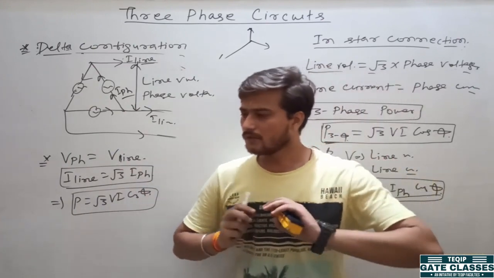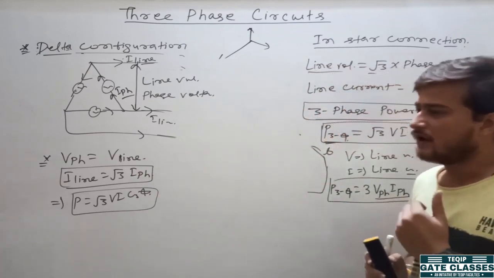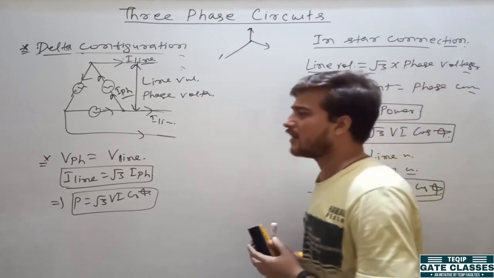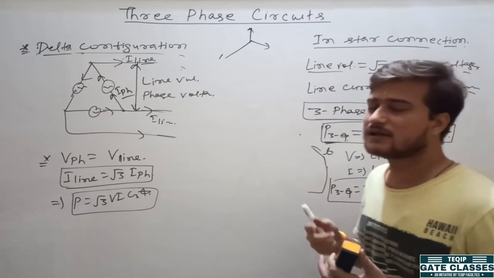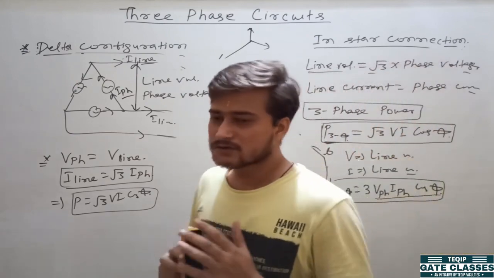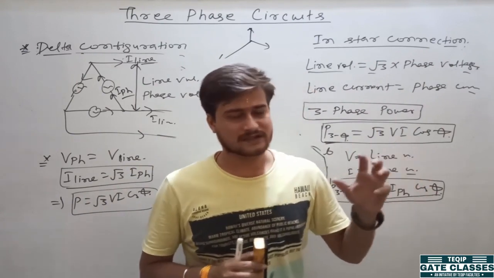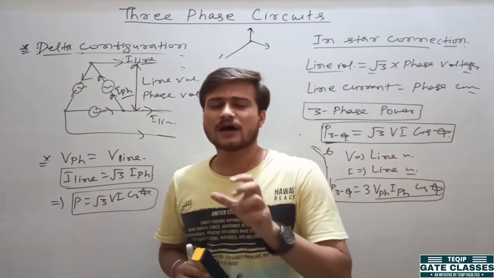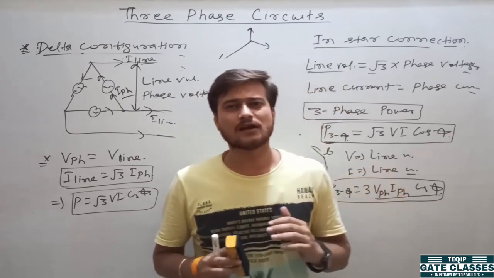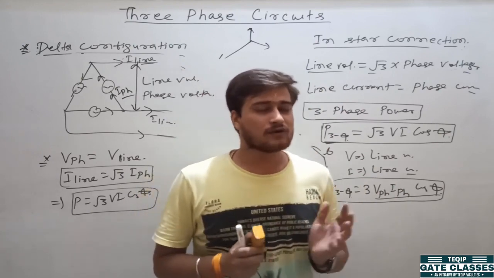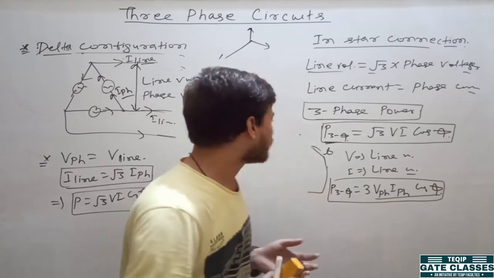Clear? Now what is the meaning of unbalanced load? Unbalanced means if either one of the phases is not balanced, or in the case of load, if your load is not balanced, then the system will be called unbalanced. So in your GATE examinations, they may give you some balanced three-phase supply and they will connect an unbalanced load and they will ask you to find either the phase current or line current or power. So for that you will have to take care of unbalanced system.